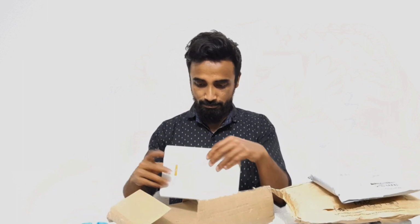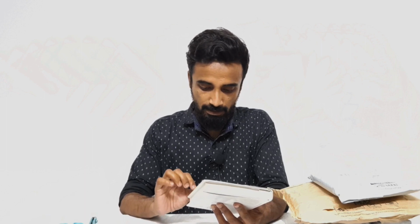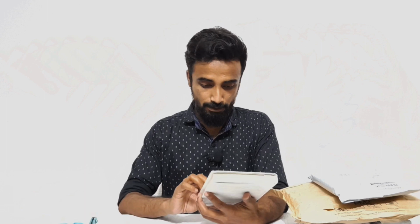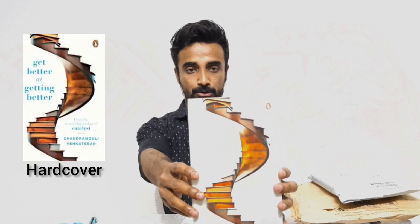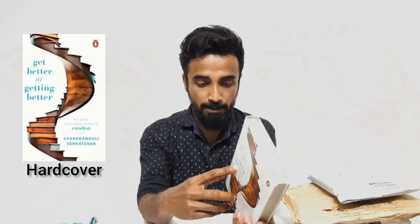And this time I haven't received any bookmark, and the quality of the book is all right. So let me show you with the bill. Okay, so Get Better at Getting Better by Chandramouli Venkatesan. Okay, and from the best-selling author of Catalyst, one of the best-selling books. I have seen that book for a long time. So this is the book, Get Better at Getting Better, and this book is published by